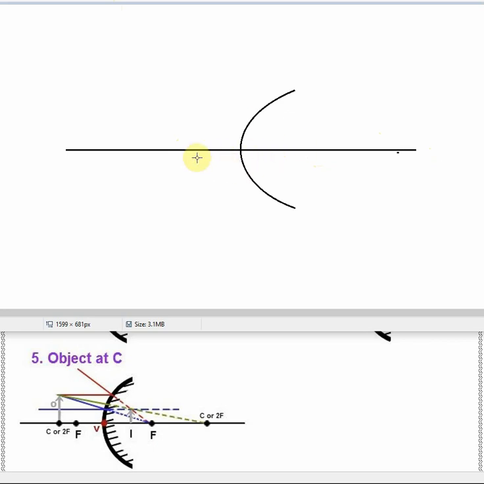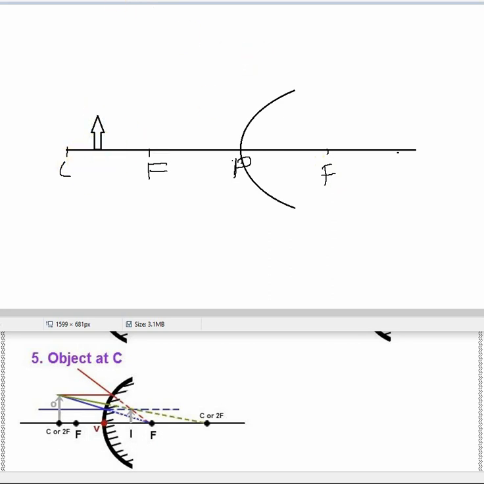I'm not marking the P and F, okay, let me mark anyway because it's important to understand. This is P, the center, this point. This is my F, let's say this is C, so this same distance will be F here. Okay, so now once again the object, in this case I'll place the object between C and F